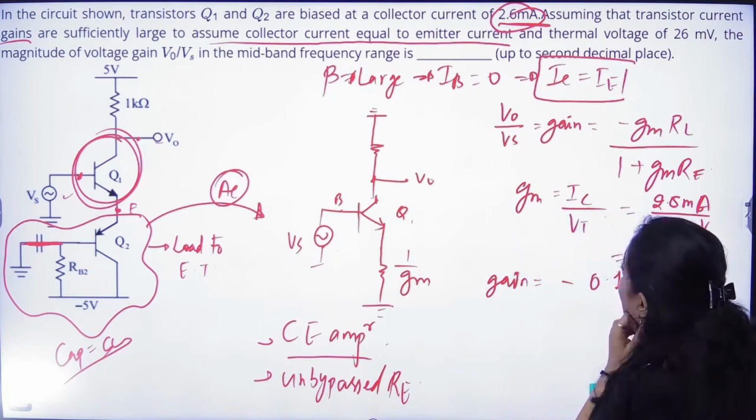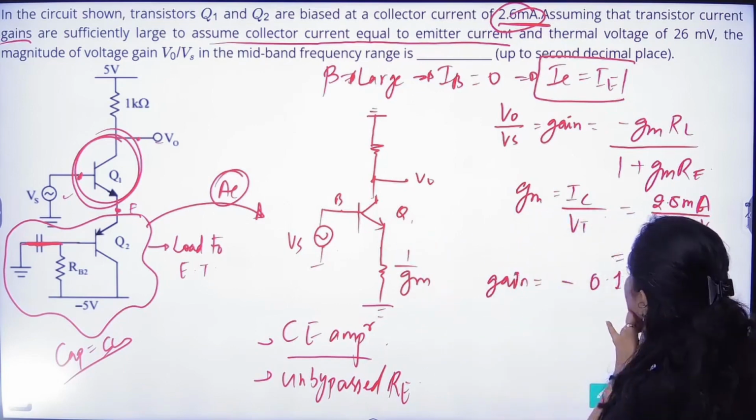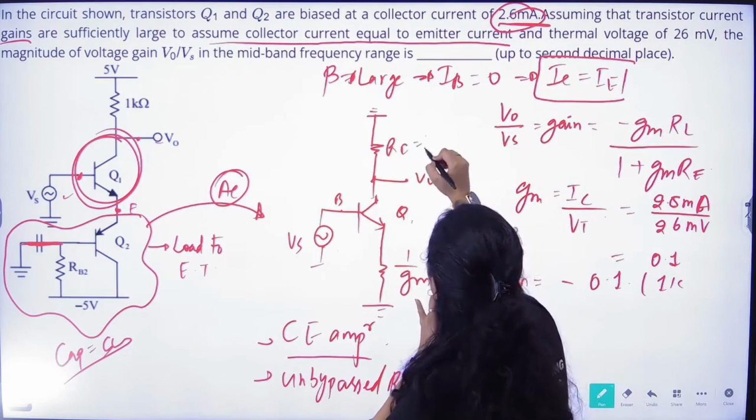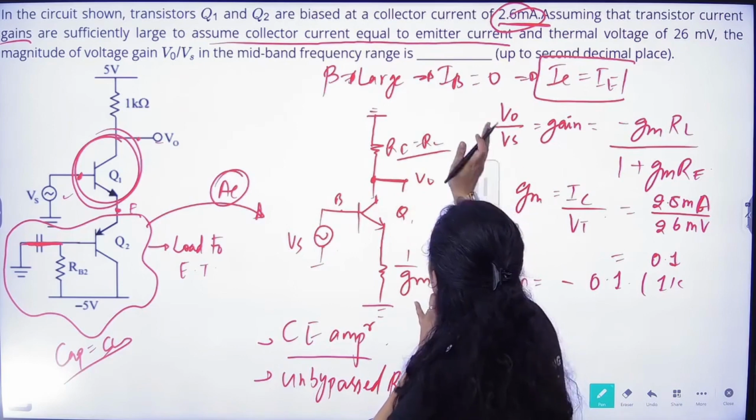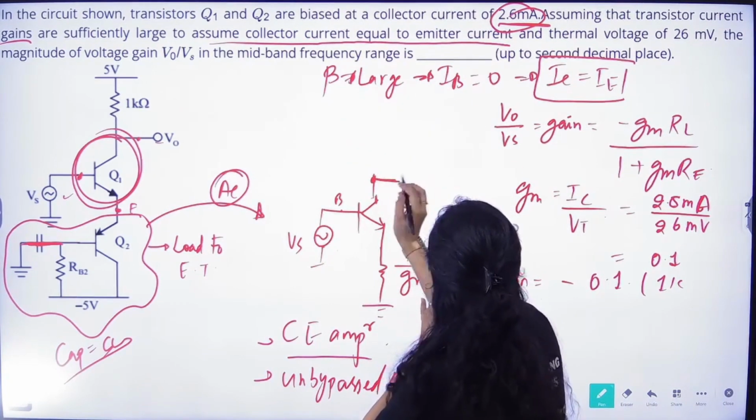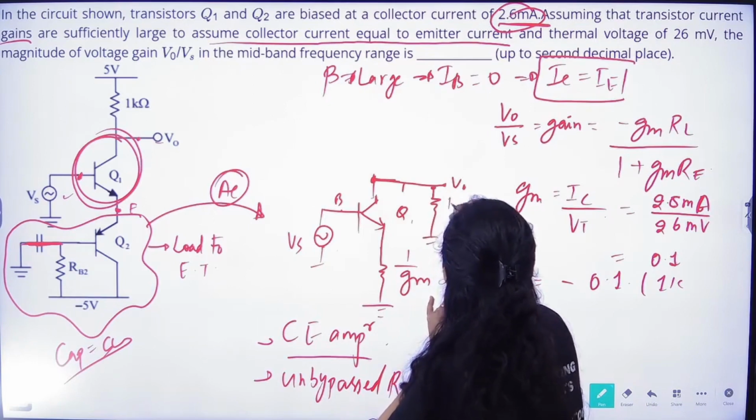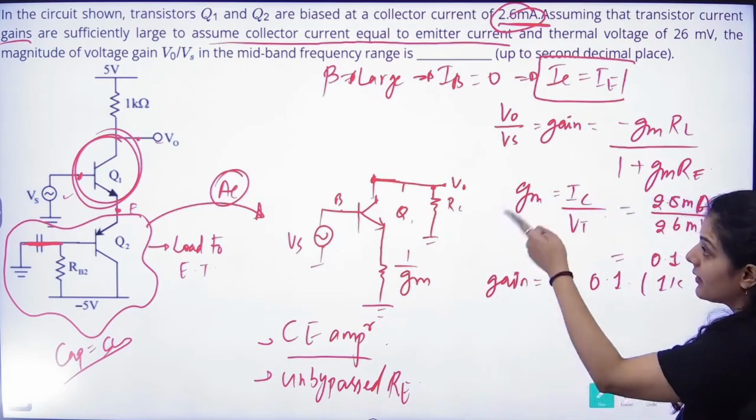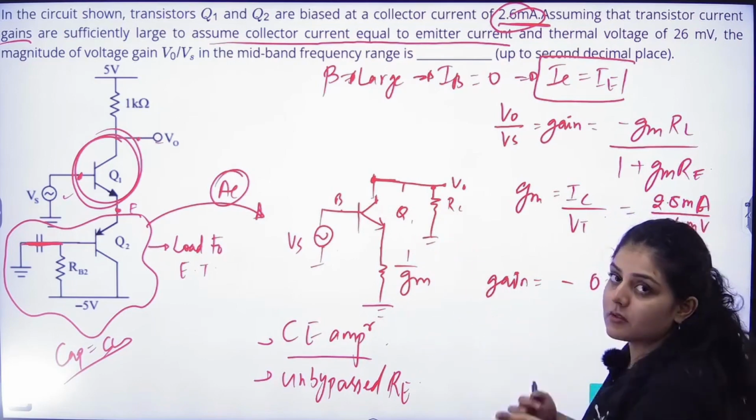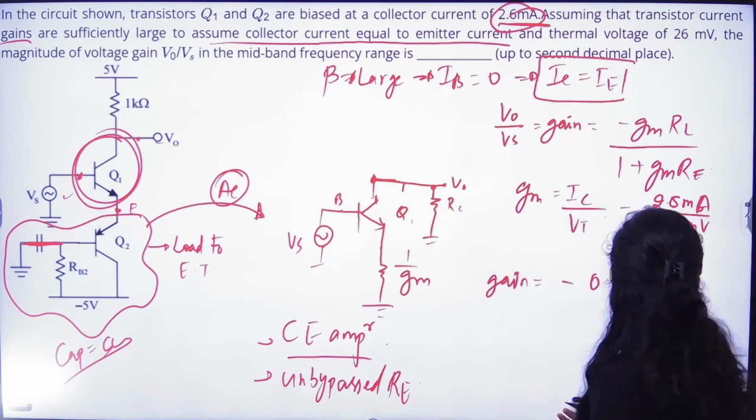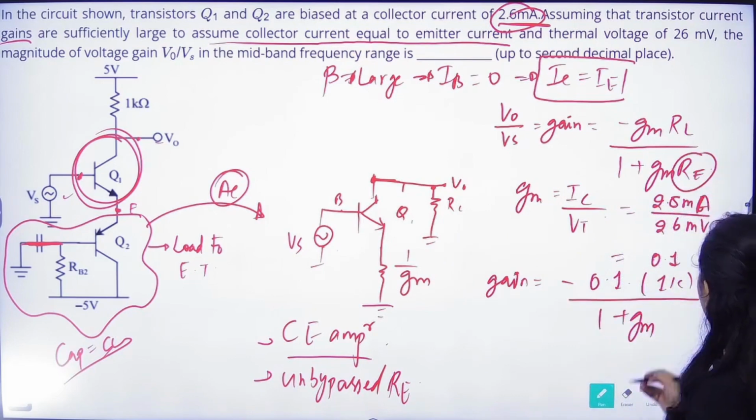Minus 0.1. The RL value we know, which is equal to 1 kilo. RC will become the load resistance here, because this is the common point, and if you want to shift it, you can see whether it looks like a load or not, right? It looks like a load here, because above it is connected to 5 volts of DC supply. In AC analysis, we just short circuit the DC supply. So 1K divided by 1 plus Gm RE